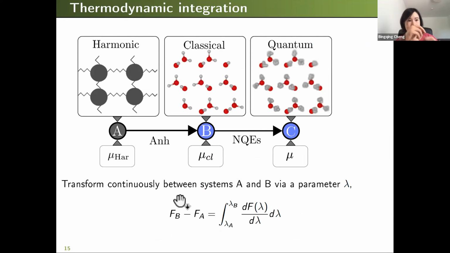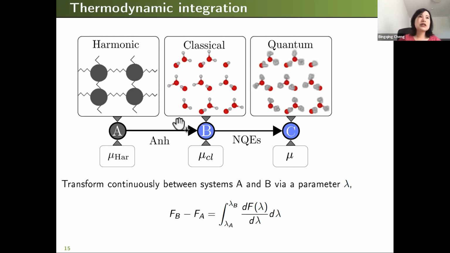It's basically saying that if we have two systems, system A and system B, and if we can find a thermodynamic path connecting these two systems, then the free energy difference between them can be written as collecting the differential difference along this path, right? So it looks like almost a trivial statement. But in practice, because of this flexibility of picking the thermodynamic path, thermodynamic integration is an extremely versatile